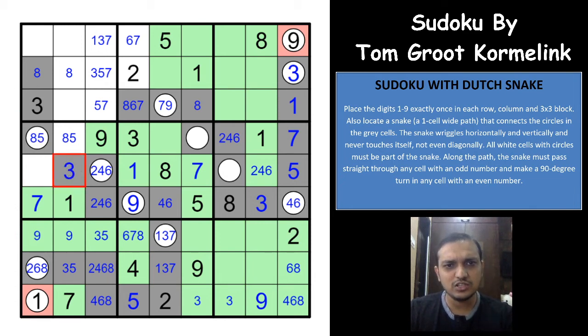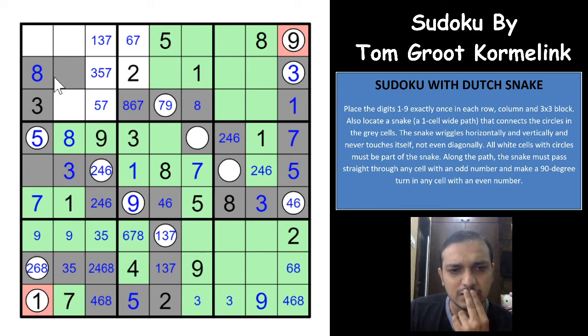So because of the 3 here we directly get that this would have to be a straight cell, and this would have to be a straight cell, which gives you a 5 here and an 8 here. And okay, super, this 8 gives you an 8 here, so that becomes a turn here now. Excellent. So there is a turn here, and